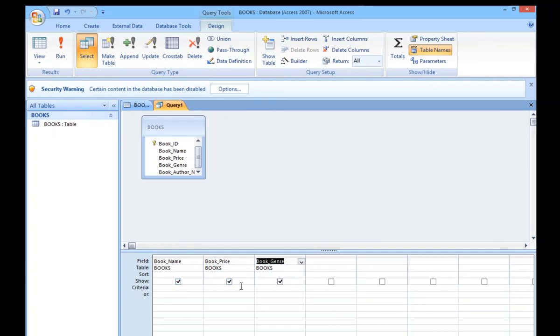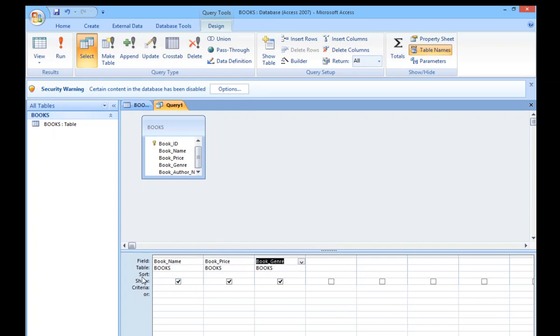Now according to our query, what you have to do is filter those records, that is those details of books where the price is more than 500. As I already said, the first row is your field. These are the fields in your table books, and this is the table from where these fields have appeared. You will find that all the fields have the same table because all of them belong to the same table: books, books and books.